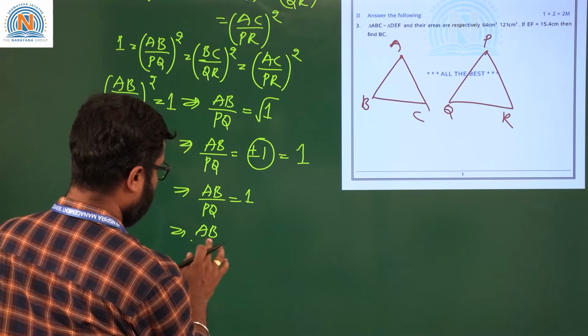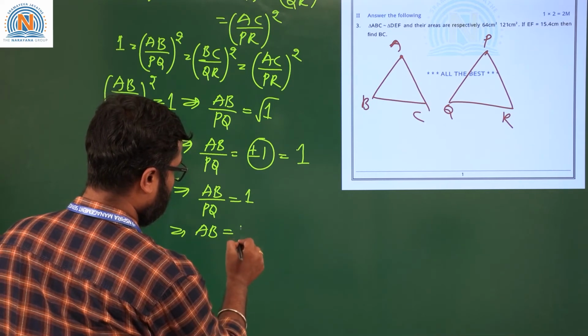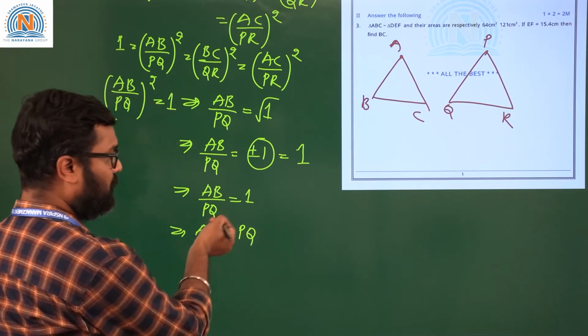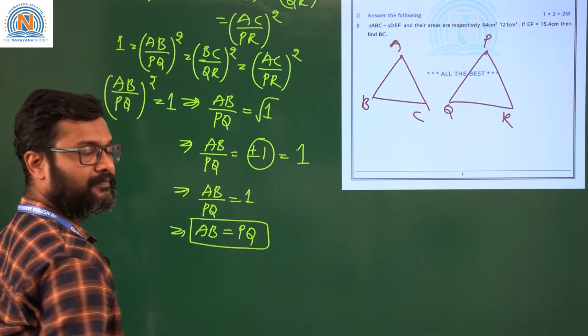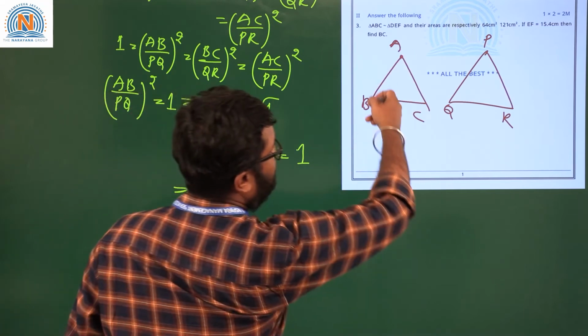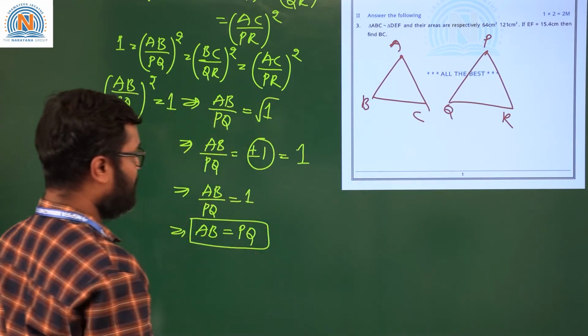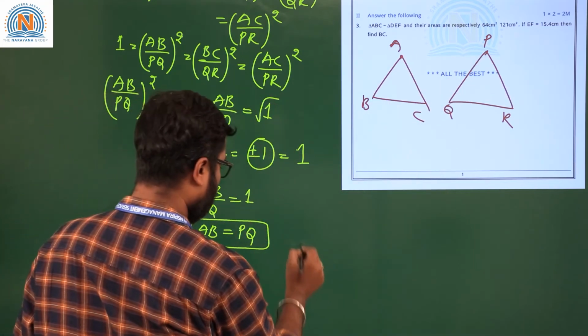Here AB is equal to PQ. Why? Because this PQ comes to the RHS and AB is equal to PQ. That is, AB is equal to PQ. Corresponding sides are equal. Similarly, we can prove